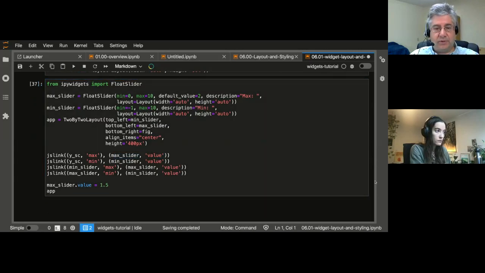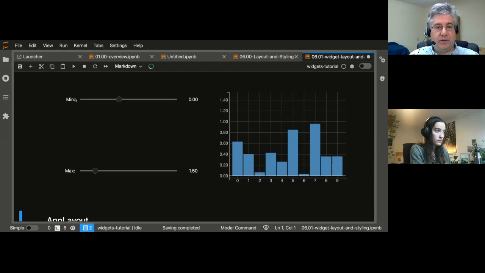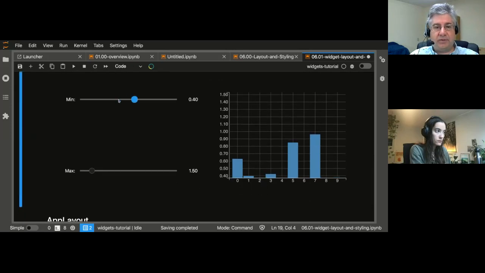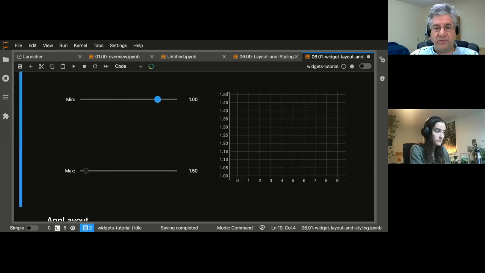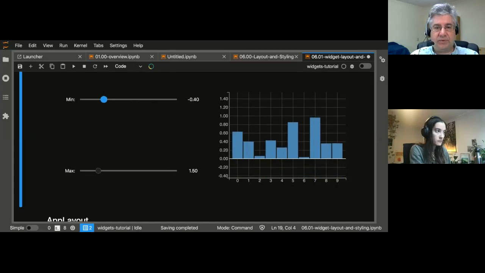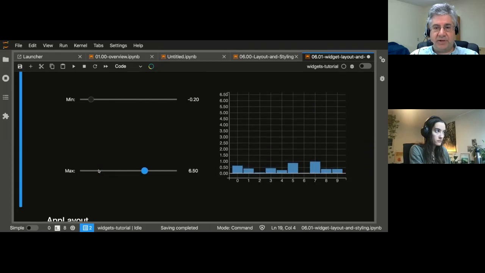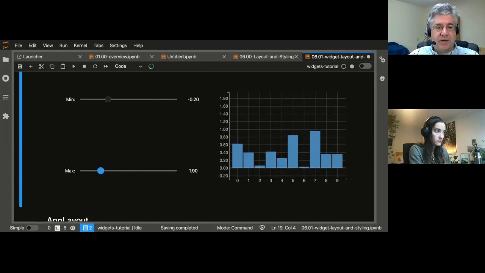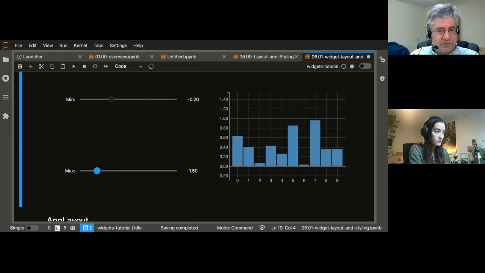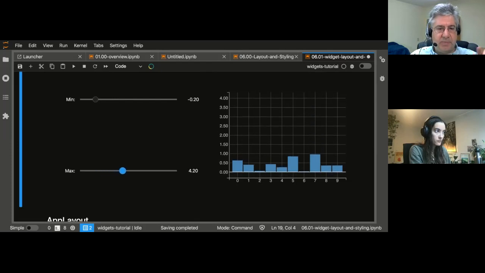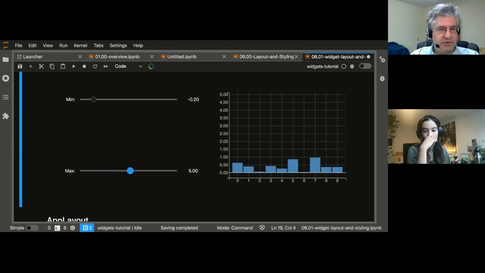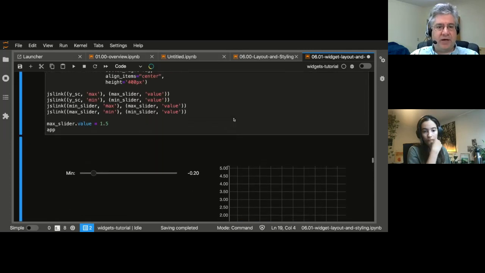So let's take a look. As I drag the min slider, you can see the minimum on the graph is changing. And as I grab the max slider and move it, you see the maximum value on the graph is changing. I found it a little bit confusing at first that as I'm changing the max slider, the min slider is moving. The reason for that is that